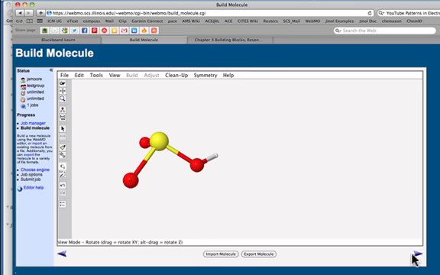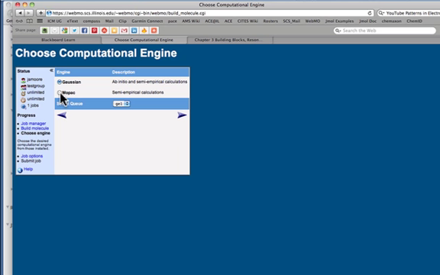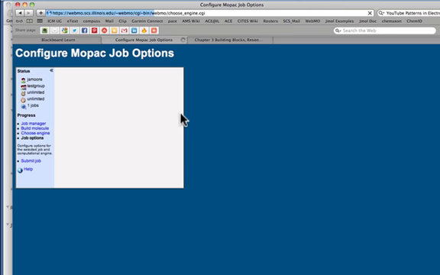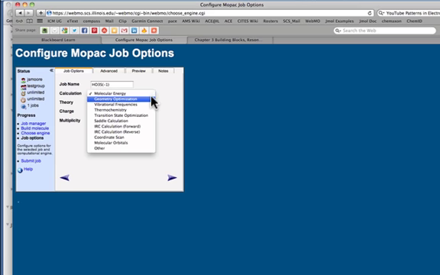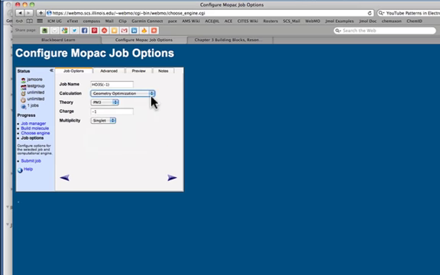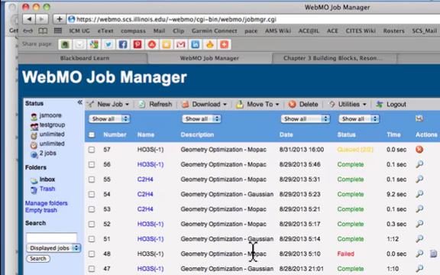So to do that, we need to go on to the next screen. And that pulls up a menu item so that we are going to choose MOPAC as the computational engine. It's a relatively quick computation. We now need to tell it what kind of computation to do. The calculation we want to do is a geometric optimization so that we can find the ideal geometry. Go ahead and begin the job by going on to the next screen and you'll be back to the WebMO